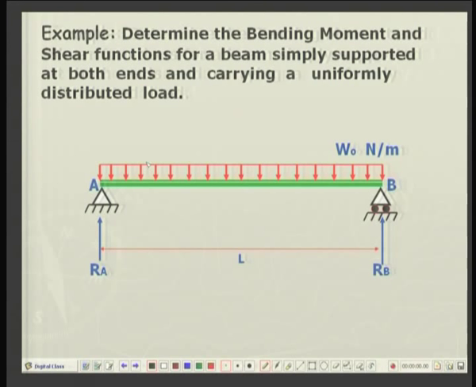Well, going back to the picture, you can see that everything is uniform, loading is uniform, geometry is uniform, and there are only vertical reactions. So, the problem is a symmetric problem. If I consider that through the middle section of the beam there is a mirror, then the left hand beam and loading is a mirror image of the right hand beam and the corresponding load. So, whenever you have a symmetric problem, then automatically the reactions will also be symmetric, that is R A and R B both are equal.